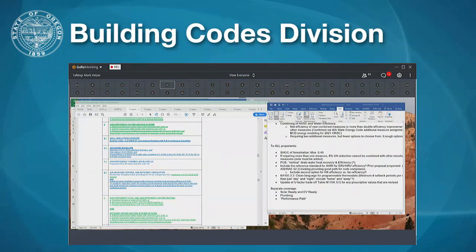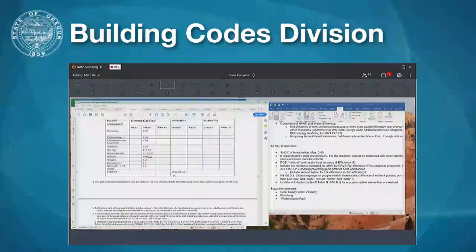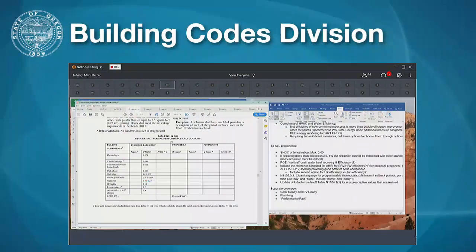I'm going to scroll down here. Forgive me for a second, but for any changes to numbers, we would have to take our calculator and update the baseline U-factors. That's just more a housekeeping piece that I want to make everyone aware of, making sure that those are caught up with.